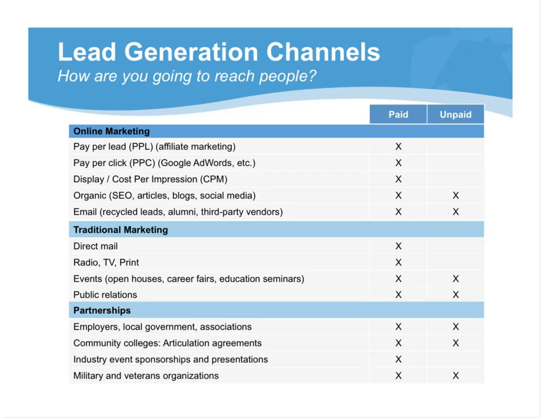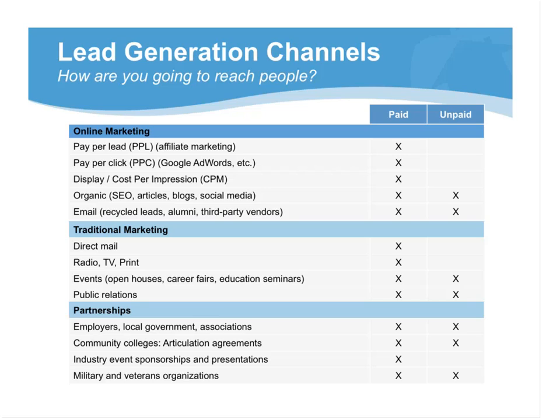Now, a quick blurb about each of these areas. In online marketing, you should consider what's called affiliate marketing, or pay-per-lead marketing. This is, in quotations, a dangerous area where a lot of the for-profits have clogged things up in that it's highly competitive. You're competing for leads, and it's pretty expensive these days. If you don't have an admissions process that can react quickly, then you probably want to avoid that sector.